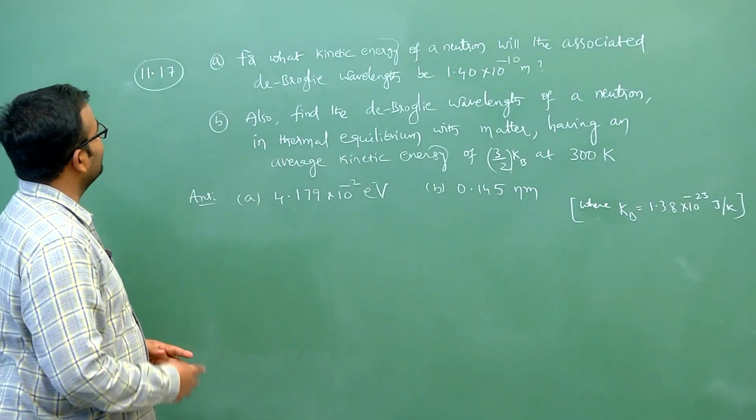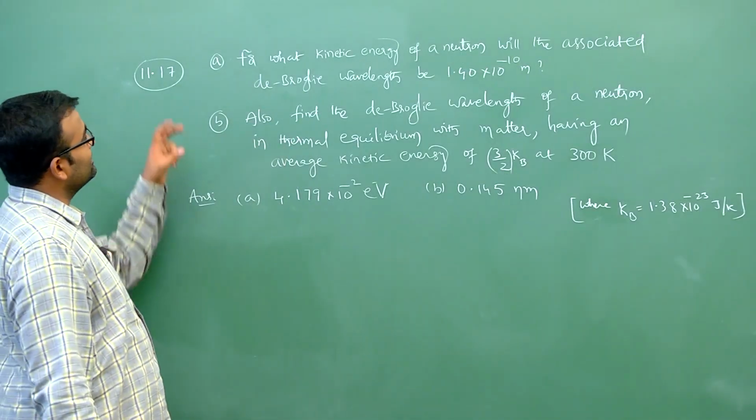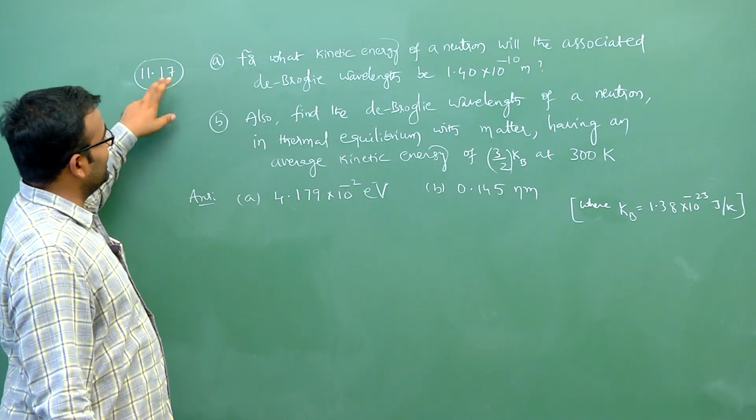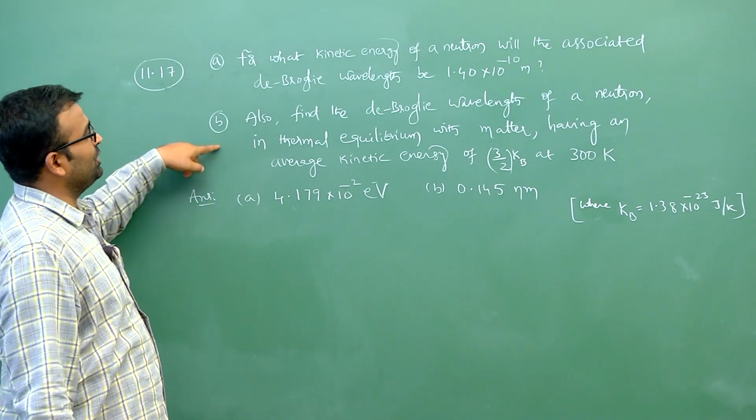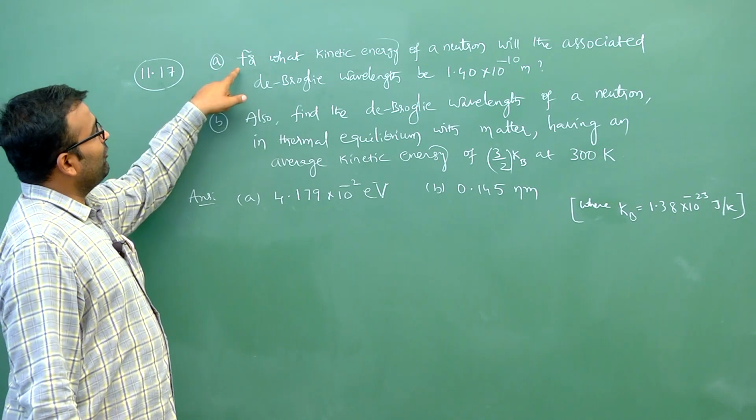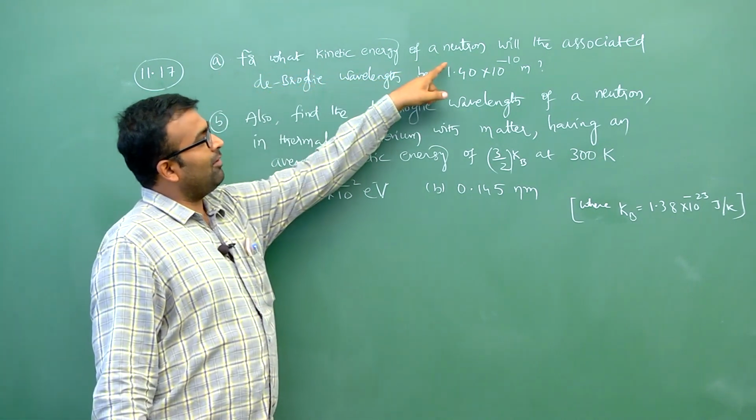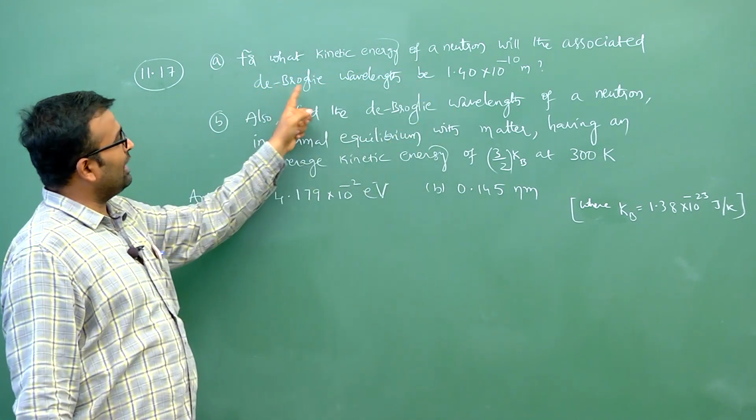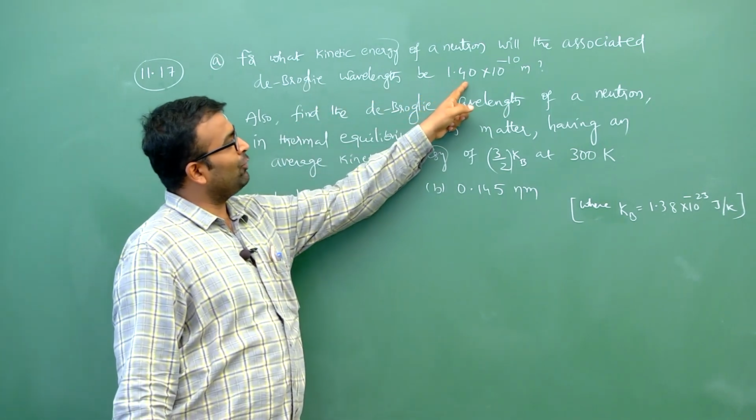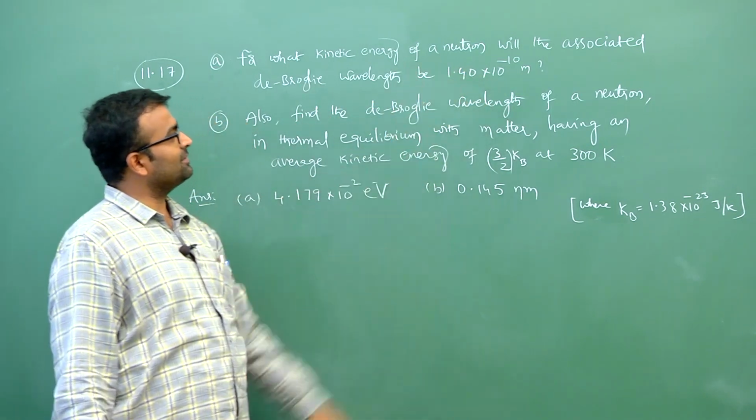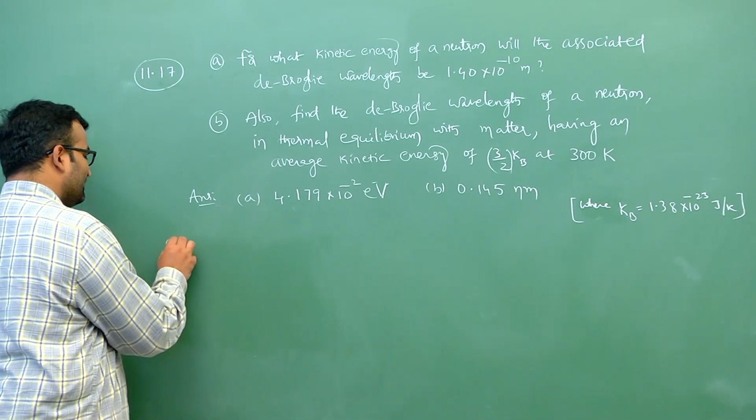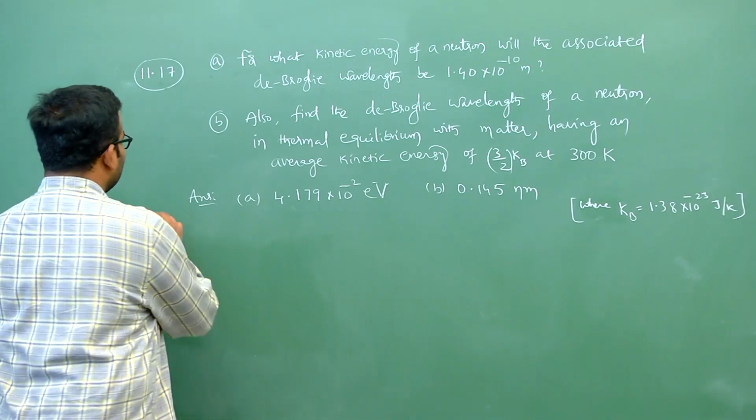See the next question, 17th question, which has two more questions within it, question A and question B. It is about, for what kinetic energy of a neutron will the associated de Broglie wavelength be 1.4 into 10 to the power of minus 10 meters. So let me go with the first one, question A. To solve question A,